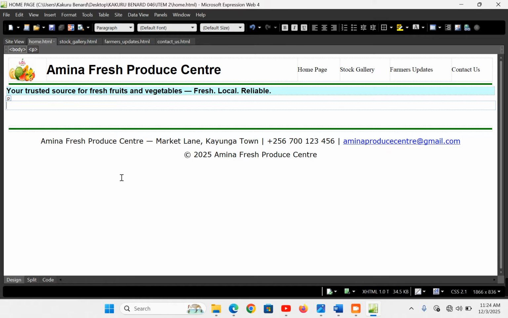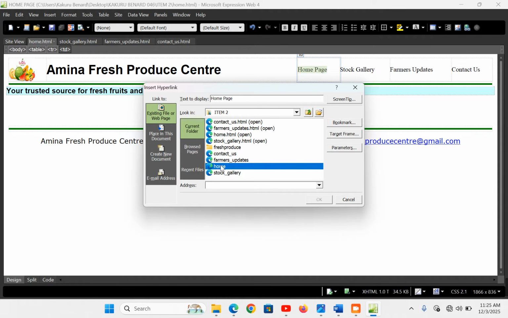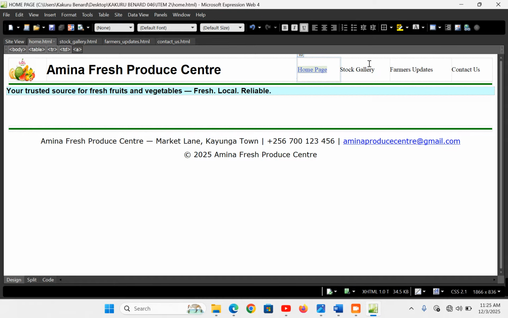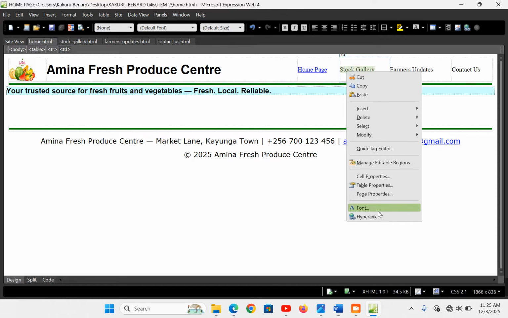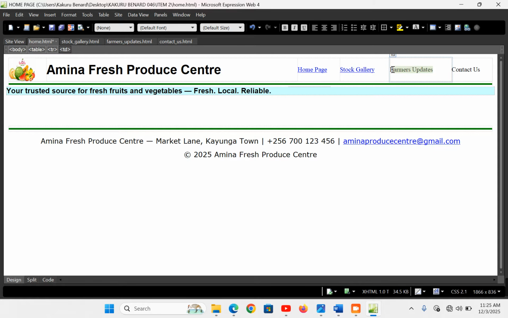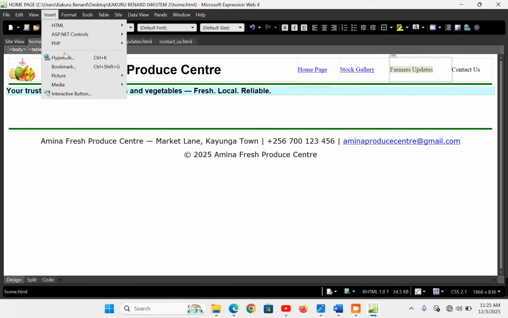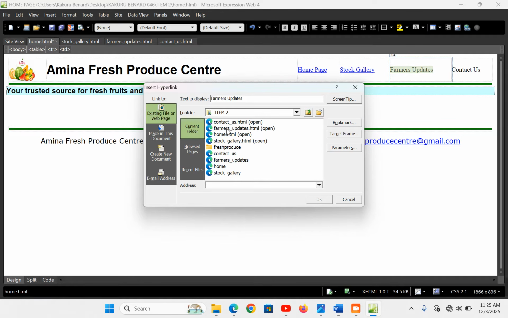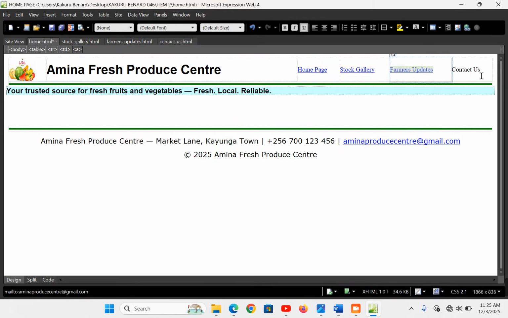So we can now start the linking of our pages. So I select home, Ctrl K, then I select that very home page. Before you proceed, make sure this HTTP is not there. Pick a different page, you can come back to it. Click OK. Then highlight stock gallery, right click, hyperlink. Stock gallery selected, click OK. Highlight farmers updates, go to insert, hyperlink. All those are ways to put a hyperlink. Farmers updates, click OK. Lastly, contact us, Ctrl K,